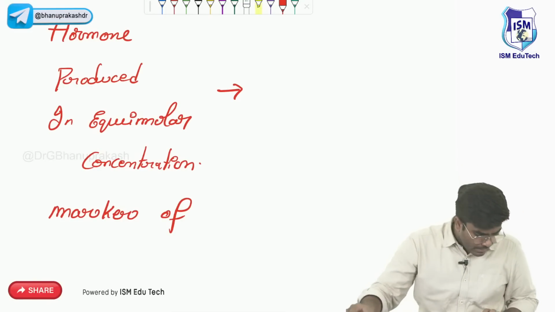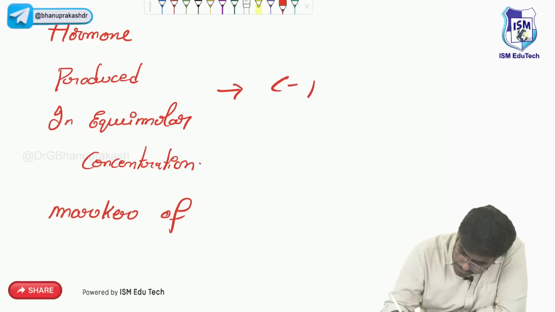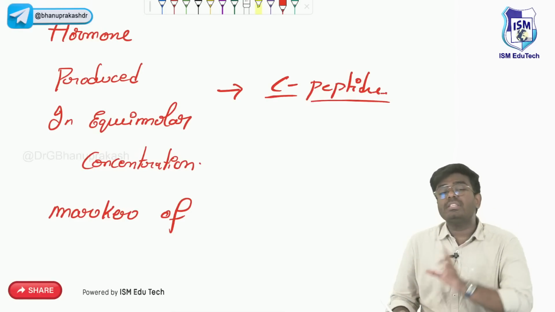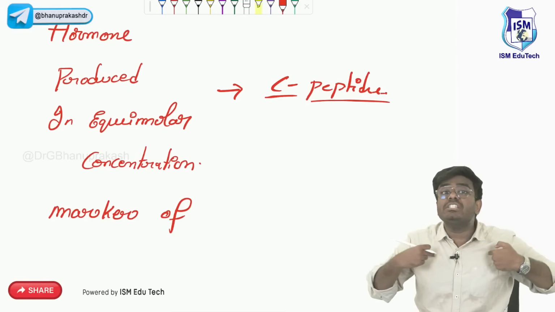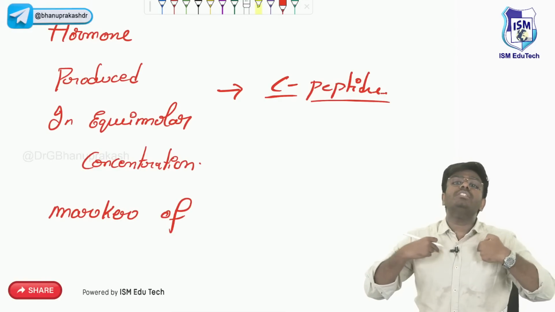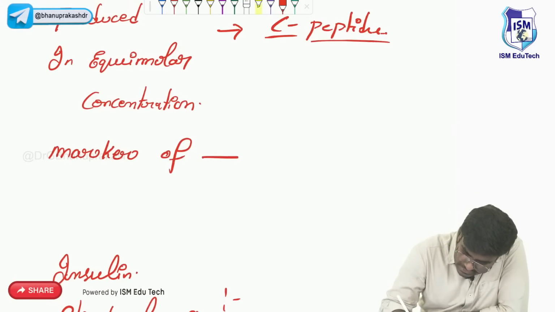Can you tell me? Excellent, Eunice. You are right. It is C peptide. By looking at the urinary C peptide levels, you can estimate the endogenous production of insulin. So the C peptide is a marker of